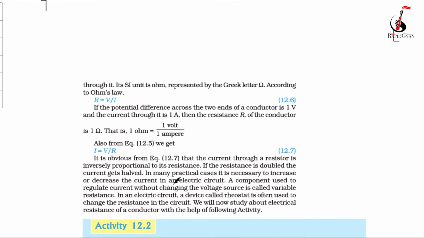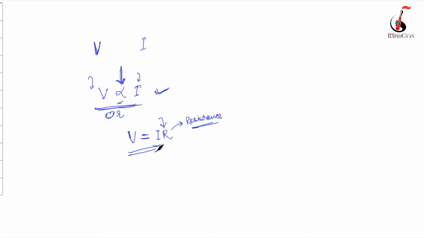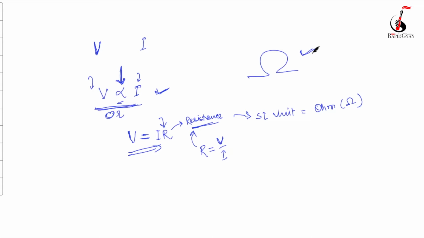Okay, so now I will explain a little bit about resistance. As I have told you, V equal to IR. So what will be the value of R? R will become V upon I. So R is called your resistance, and the SI unit of resistance is called ohm, O-H-M, and it's denoted like this. I will just make it bigger. In this way it's denoted, ohm. Okay, so this is your resistance.